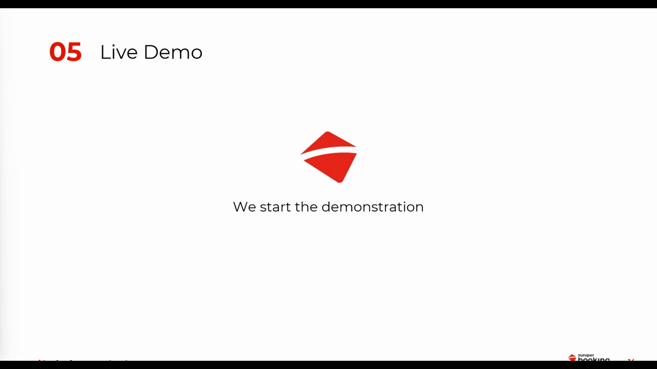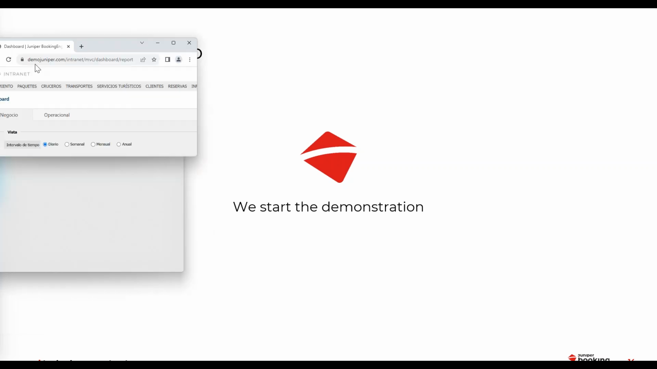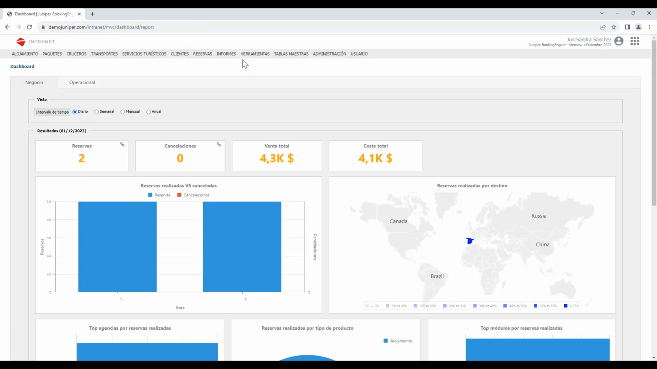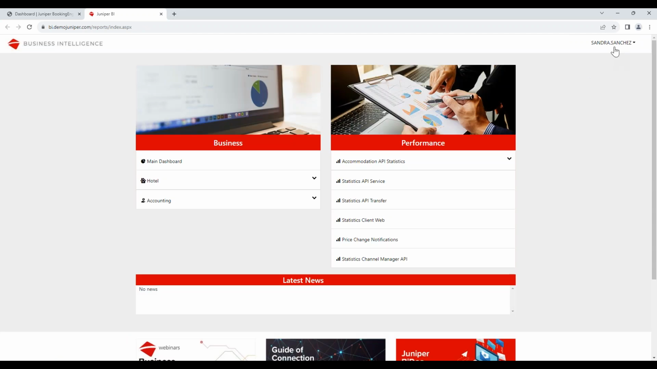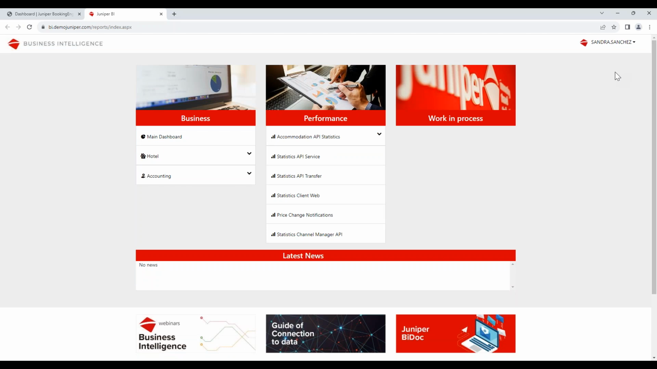We're going to access our demo intranet. In your case, you would be accessing the intranet of your website. And if we click on business intelligence right here, we will be redirected to the business intelligence portal. In your case, this URL that we are accessing will be personalized with the name of your company. Okay, so once inside,